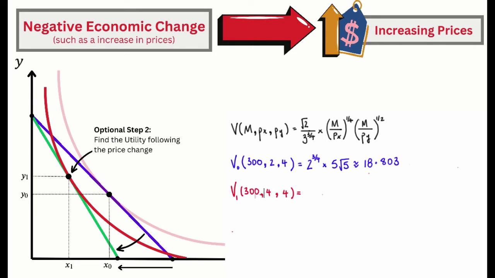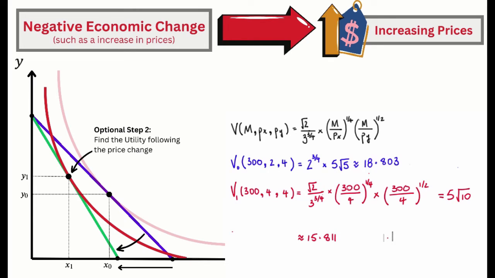What we're going to do is stick our income of 300 and the two new prices, X is 4 and Y is 4, into our indirect utility function. The square root of 2 divided by 3 to the power of 3/4 multiplied by the income, which is 300, divided by the price of X, which is 4, all to the power of 1/4, times our income again, which is 300, divided by the price of Y, which is also 4, to the power of 1/2. What we could do, guys, is we could do quite a lot of arithmetic on this, but eventually it's going to simplify to 5 times the square root of 10, which is approximately